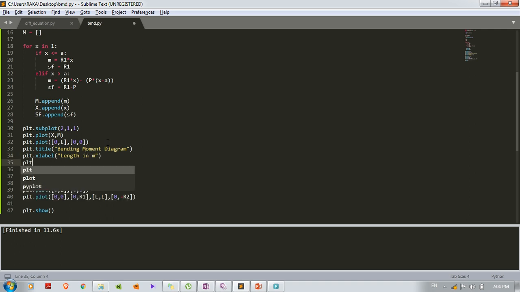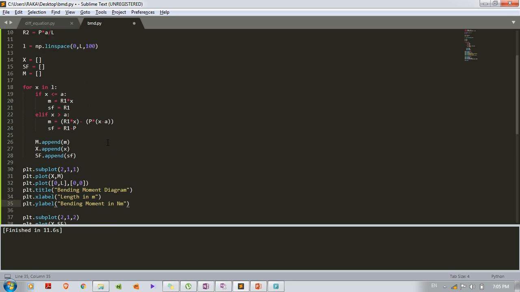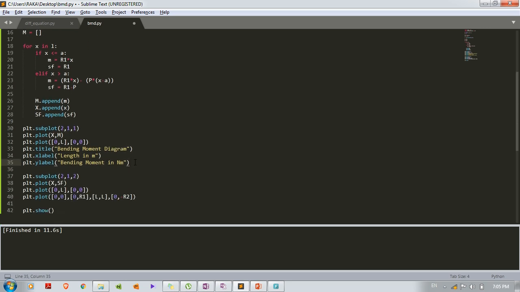For the y-axis plt dot ylabel, I will give the label as bending moment in Newton meter. So you can type anything you want, but it should be in double quotes. Ensure that.